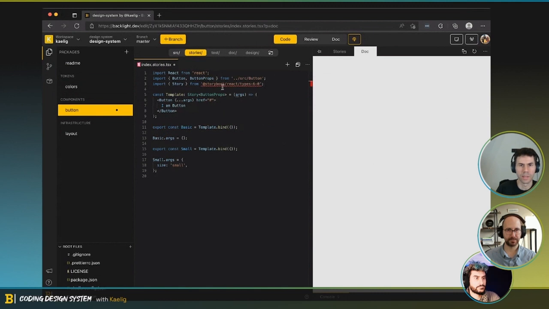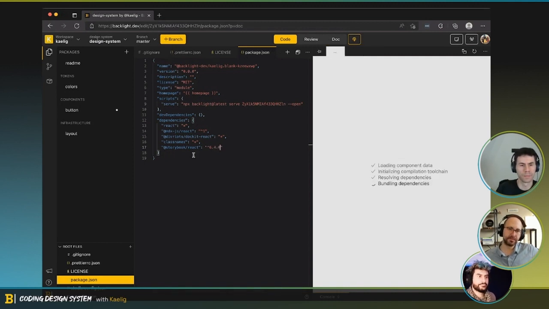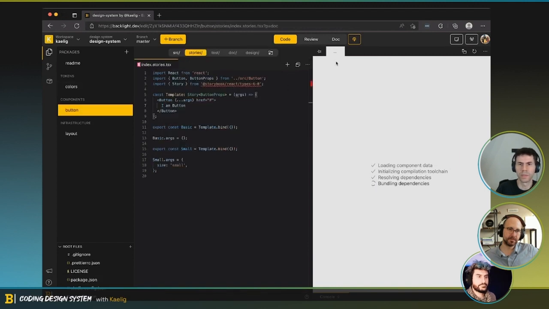And so we have that. I'm just going to install this. And for this one, put 6.4. But 0, or I don't remember. No, with the caret, it doesn't matter. There we go. And so if I go back to my button, I save, should be happy with this new story.